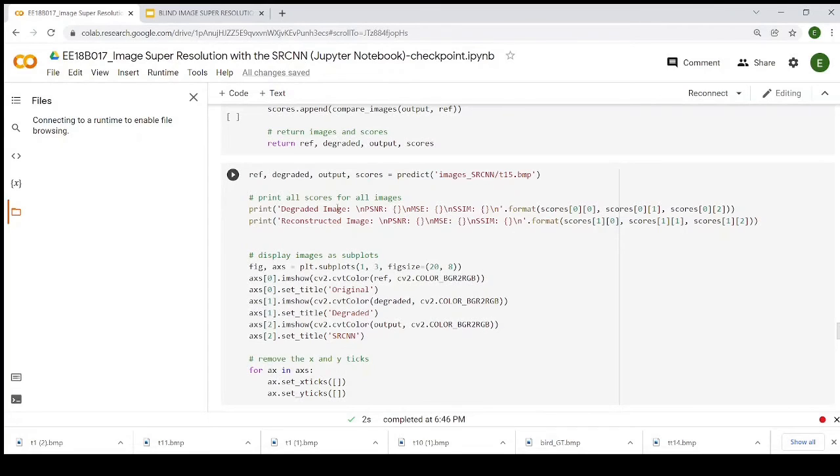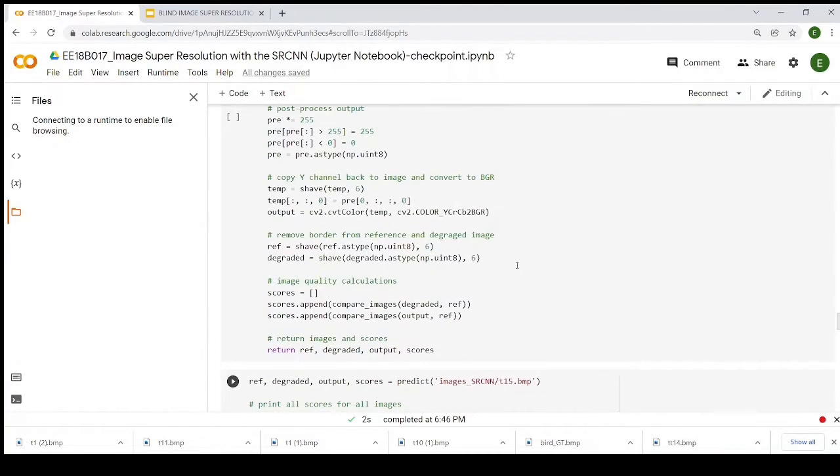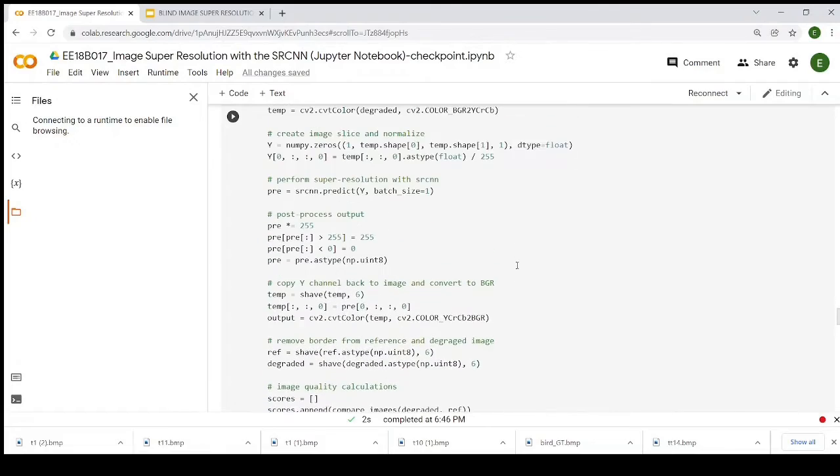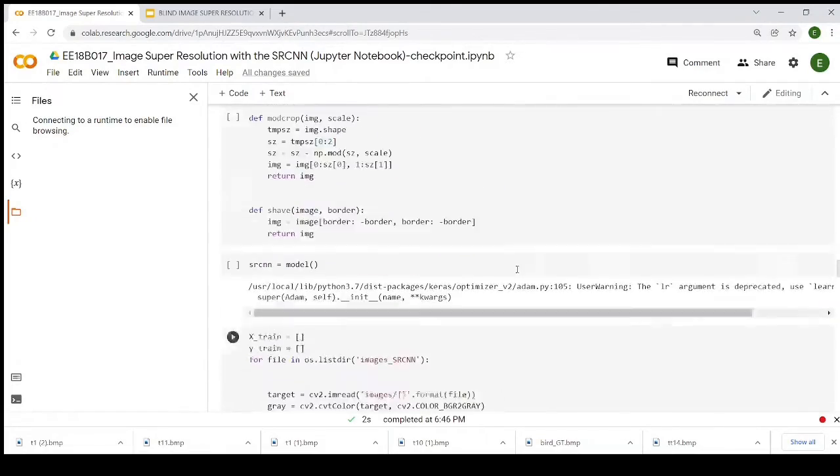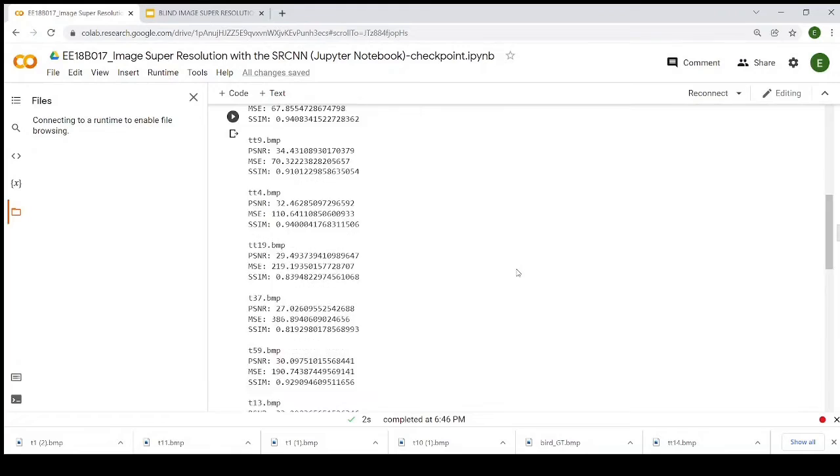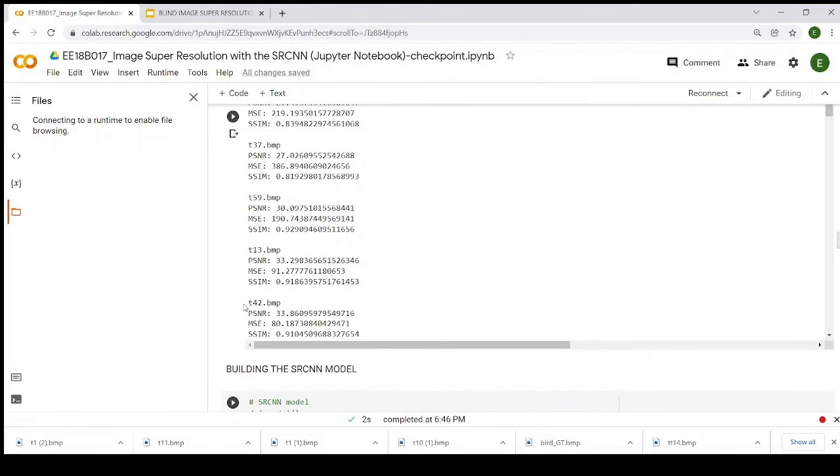I wrote all the code to obtain the degraded image and the reconstructed image along with the original image, along with the PSNR, SSIM, and mean squared error.